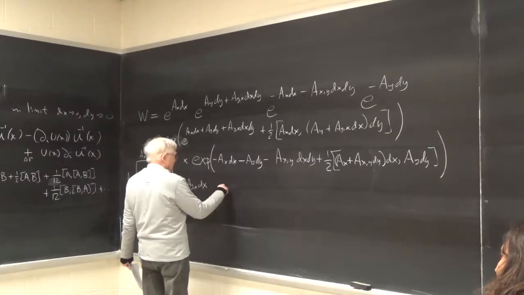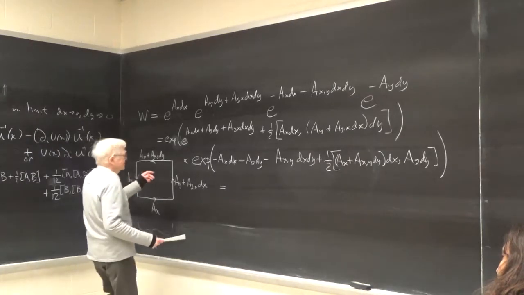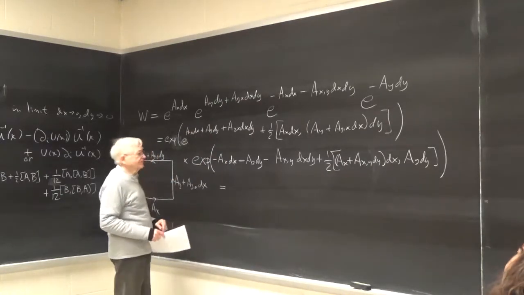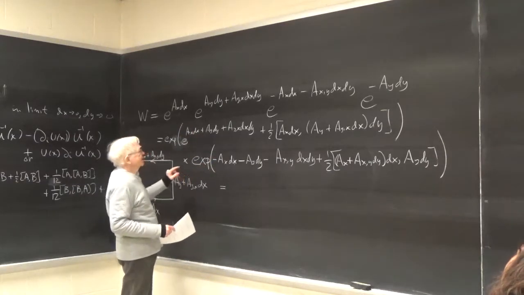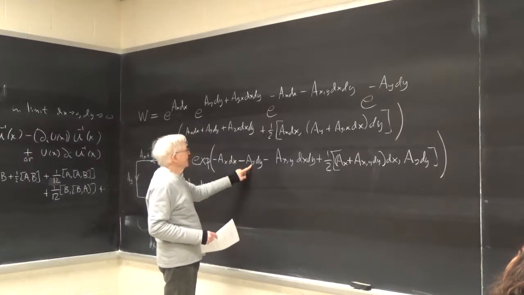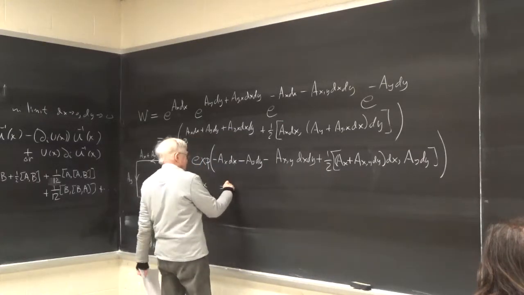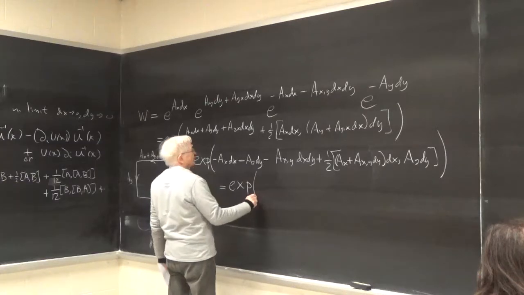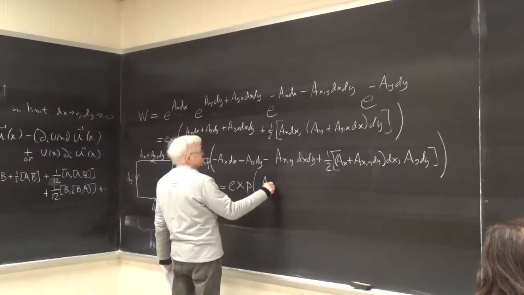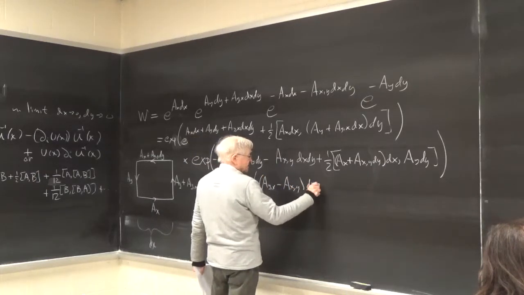Well, the rest of this really falls apart, because you can see that the next step is to take the exponential, where you take this plus the commutator. Or when you do this plus this, you can see that this term and this term are canceled by that term and that term. And what you have left is the x derivative of, in other words, this thing is exp of a_y comma x minus a_x comma y, dx dy,